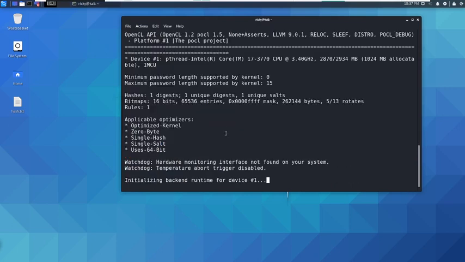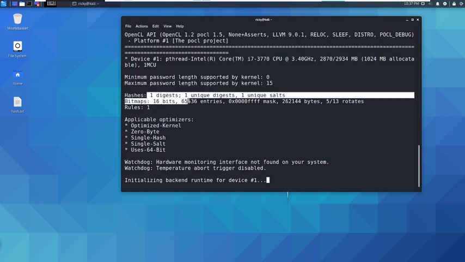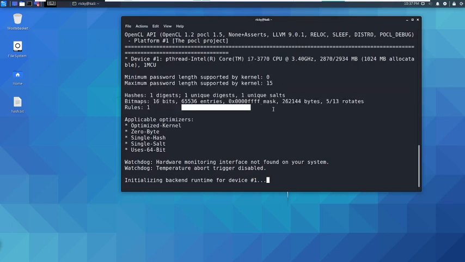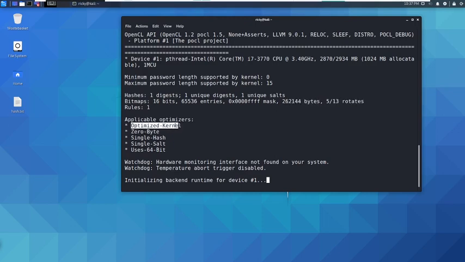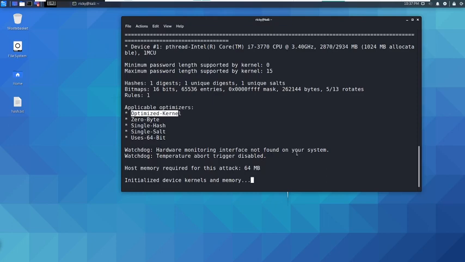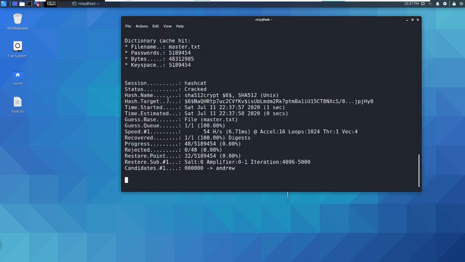You see it is initializing backend runtime for device 1, that is my CPU, with minimum and maximum password lengths, hashes, digests and entries. It is taking all the rules and the optimized kernel. This is the minus capital O, that's why I mentioned it is an optimized kernel. Watchdog hardware monitoring interface not found on your system, so it initializes the device kernels and memory, and that's it.